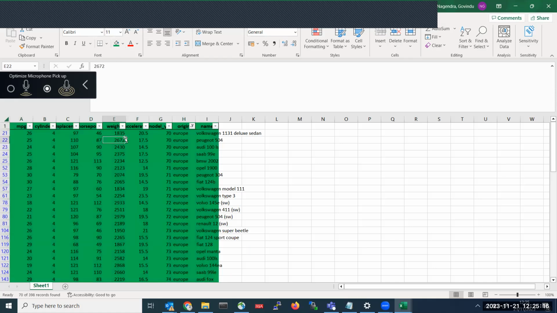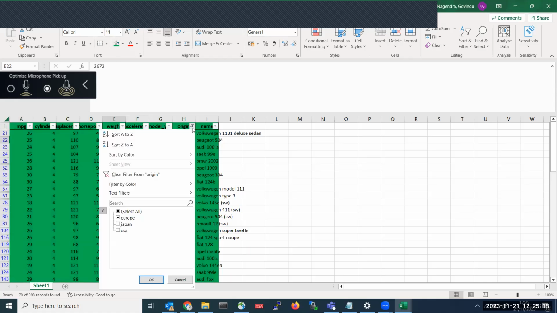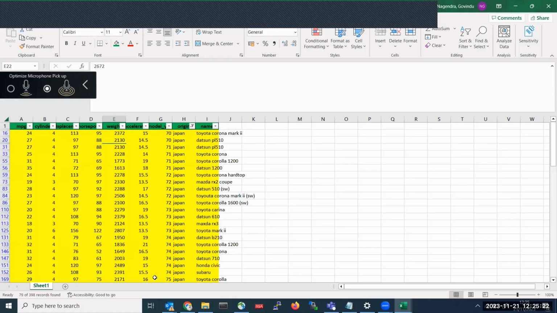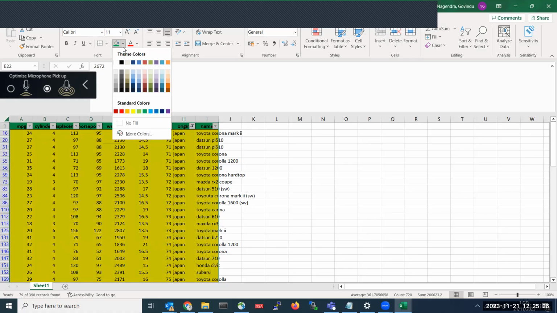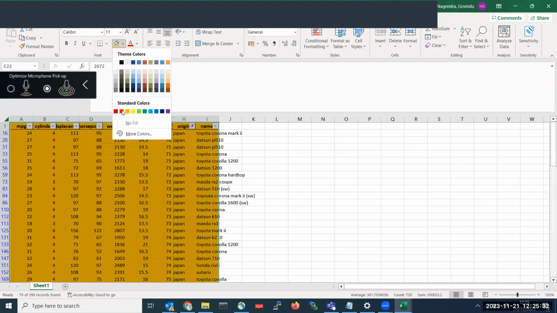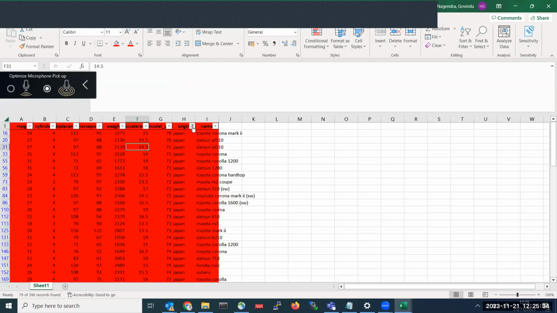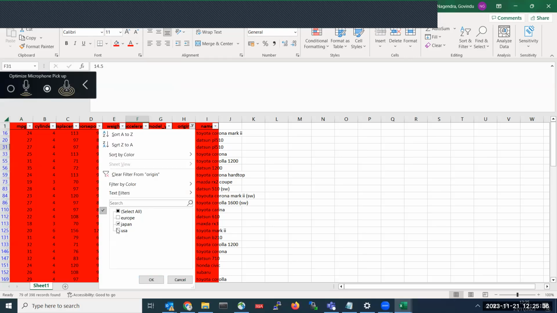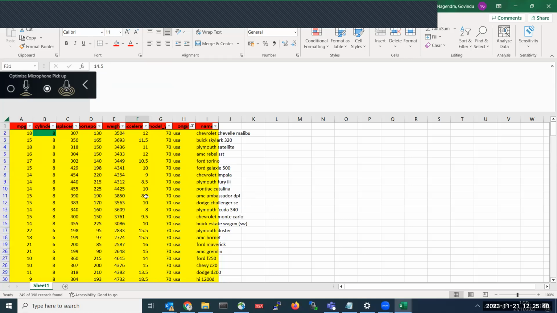And next, let me take Japan as another color, red color. And then the remaining USA, let it be yellow color only.